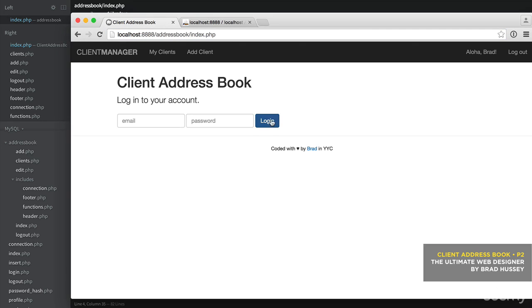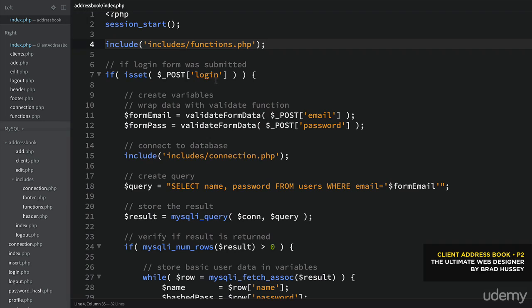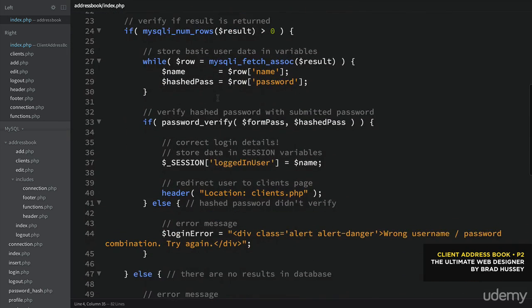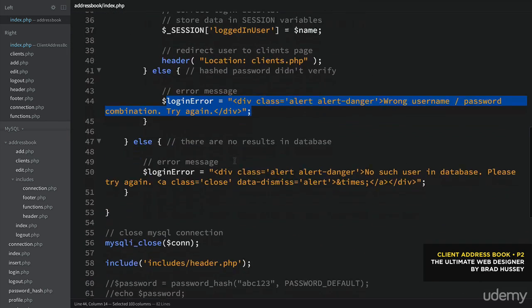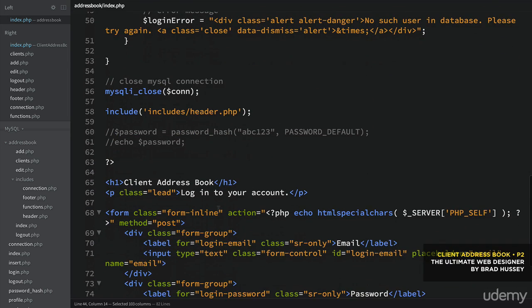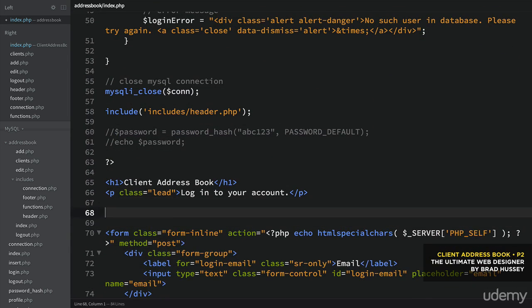Let's go back, try again. And now it's not going anywhere, but I'm pretty sure it should be working. And the way we can test that is go back. Because remember down here, we said we have these login error messages. We need to show those login error messages, and that's really easy. Right under the paragraph tag with the class of lead, PHP echo